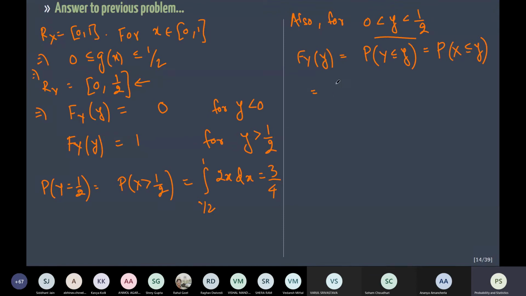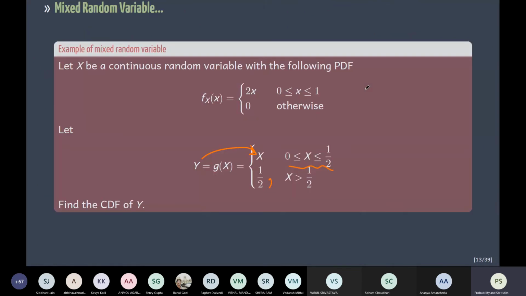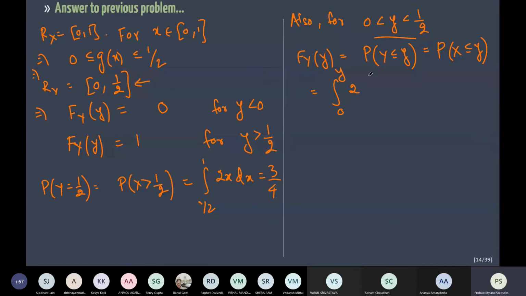Now I can integrate from 0 to y, and the PDF was 2x, so that's 2x dx. This will be x squared, which after applying the limits will be y squared minus 0, which is y squared overall. So this implies, if we summarize,